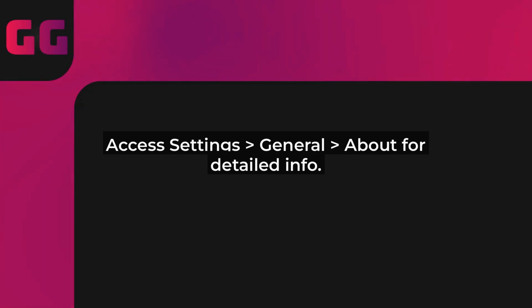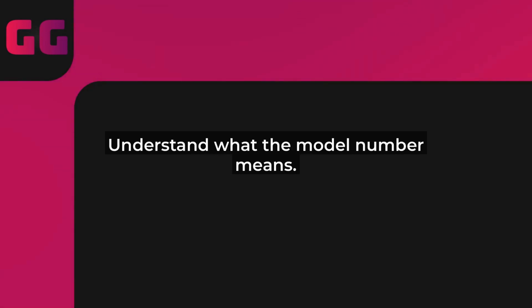The easiest way is to check the back of your iPad. Flip it over, gently, of course, and look for the small print. You'll see a model number that starts with A, followed by 4 digits, like A1234. That's your golden ticket. If it's worn out or you can't see it, don't worry, we've got backups.